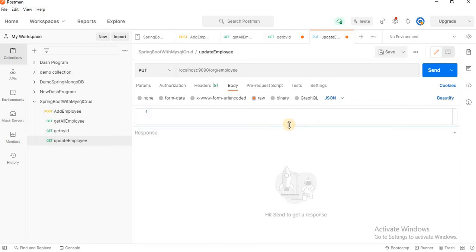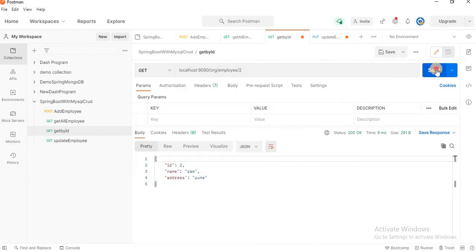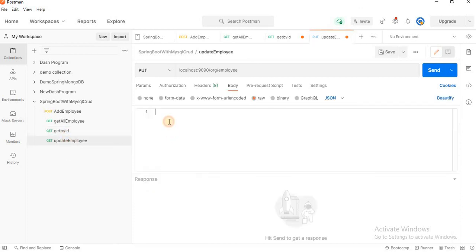Okay, I'll just copy any record. I want to update the second record. I'll just copy this payload and paste it here in the body. I have to update here Ram's address, here Pune, not that.